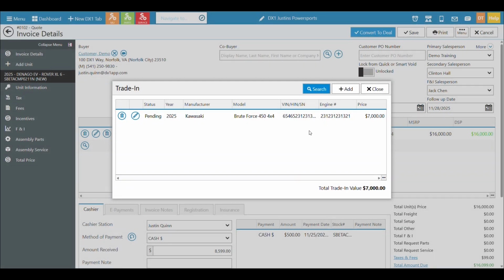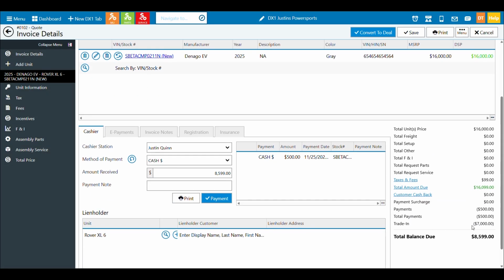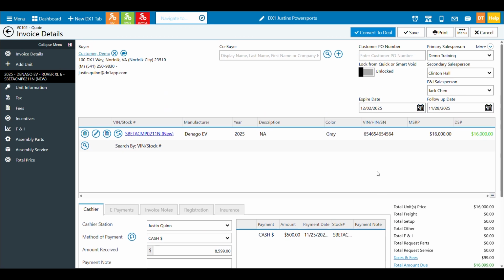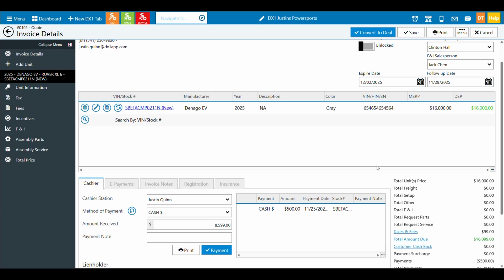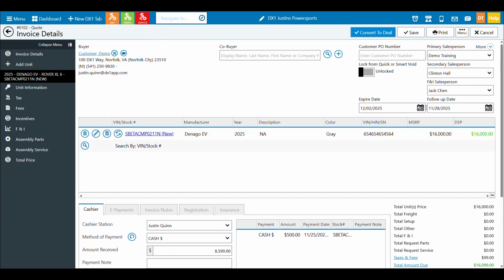And that has not added the trade to your inventory yet. It's attached it to a deal. You have all the information. The numbers are worked in. As you can see here, it's in the list, but I haven't taken it officially on trade yet. And once I've done that, I can see down here, I have my $7,000. Now, I can say everything looks good. The customer saw the totals there. They like the deal. And now I want to definitely put it in my inventory.